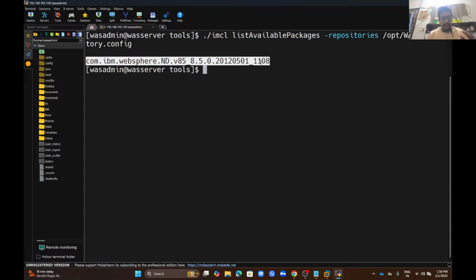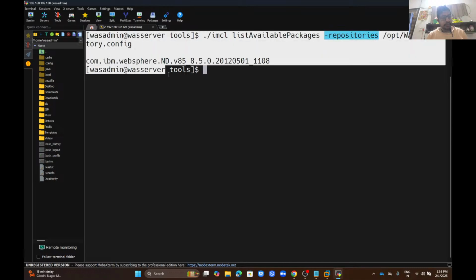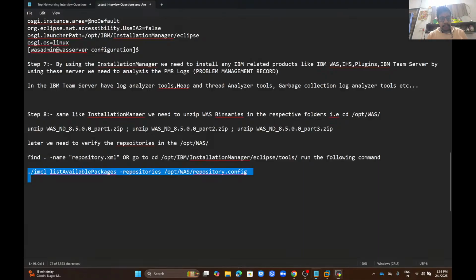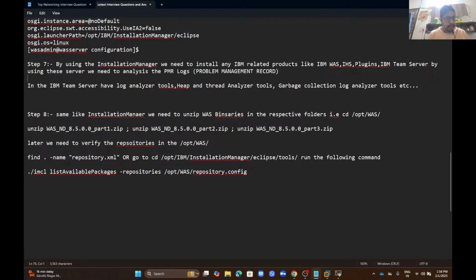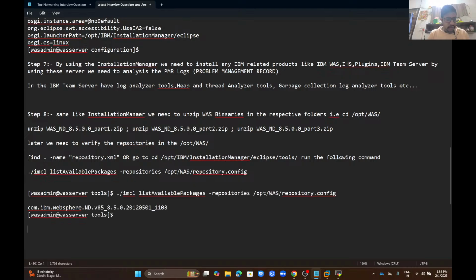By using the above offering ID, we need to install